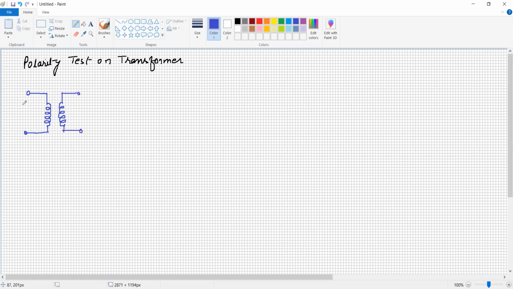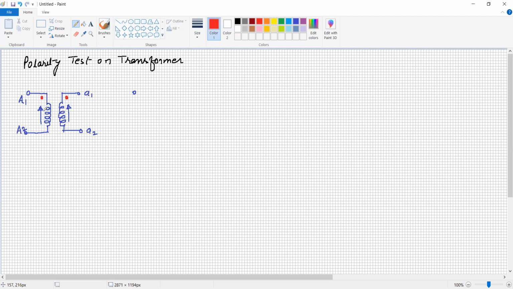Say this is terminal A1, A2, which will define the primary winding. If the direction of EMF induced is in this direction, and the direction of EMF induced in the second winding of the transformer is the same, then we can put the terminal names A1 and A2. Similarly, if there is a difference, it is called similar polarities. So it can be indicated that this is a dot and this is also a dot.